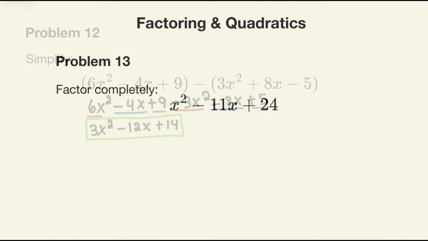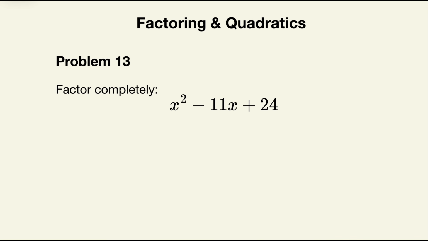Okay, so here we are on factoring and quadratics. And we're told to factor completely x squared minus 11x plus 24. So we need two numbers that multiply to positive 24 and add to negative 11. Right off the bat, the two numbers I'm thinking of are negative 3 and negative 8. The reason why is because negative 3 times negative 8 is positive 24, and negative 3 plus negative 8 is